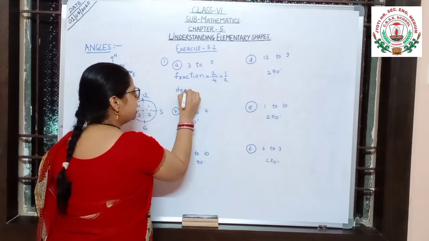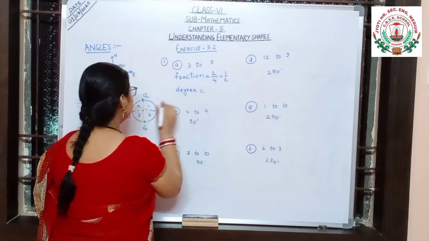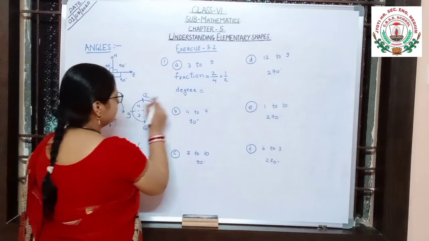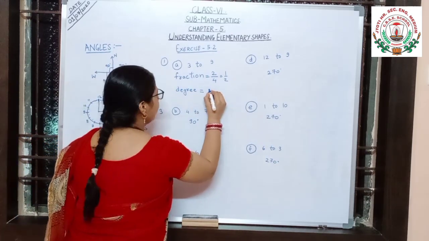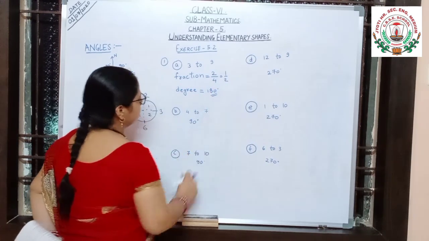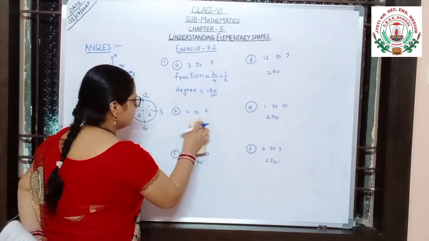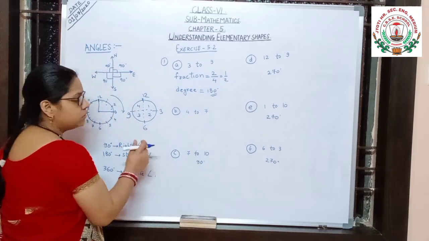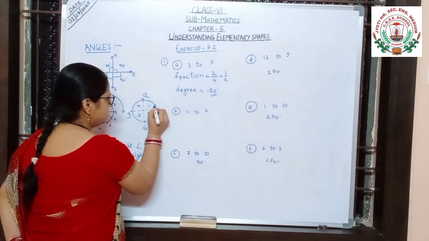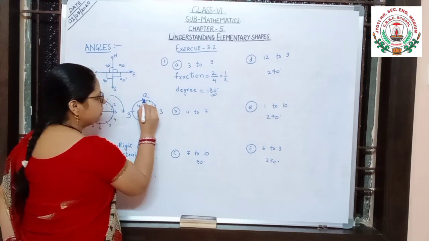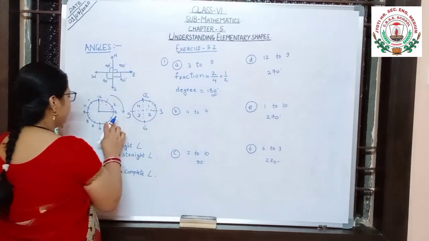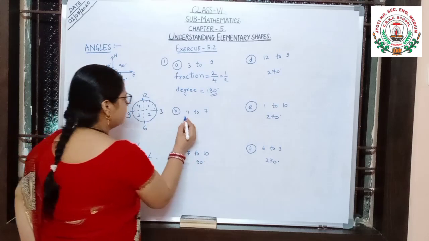And if degrees are asked, this is 3 to 9: 1, 2, 3, 4, 5, 6. 6 units. That is 2 times 90, that is 180 degrees. Three units will give you 1 block. 1 unit, 2 units and 3 units. 3 units will give you 1 fraction. 4 to 7: 1, 2, 3. Only 3 units. That is the fraction.